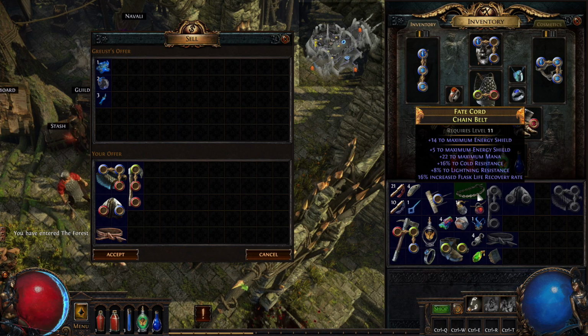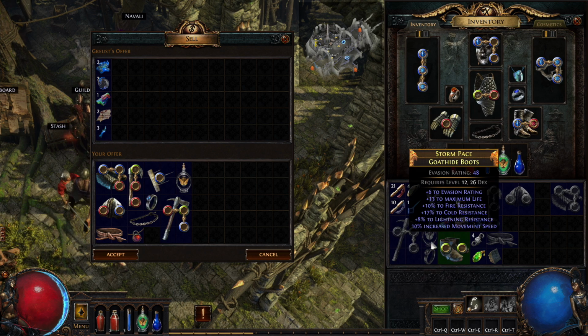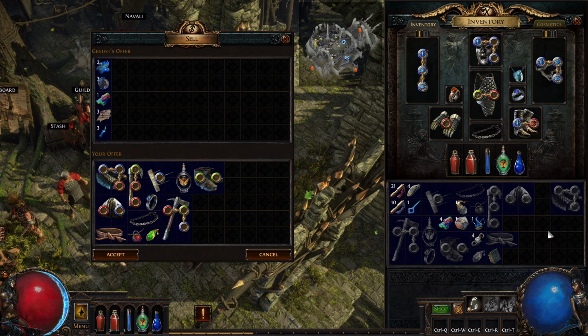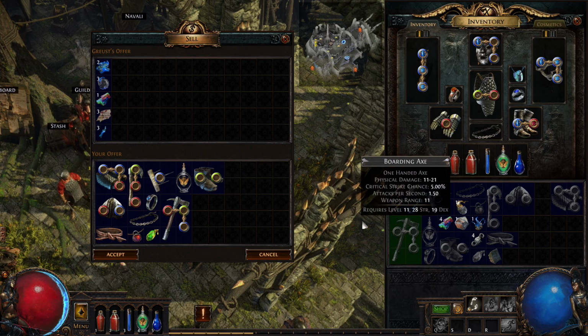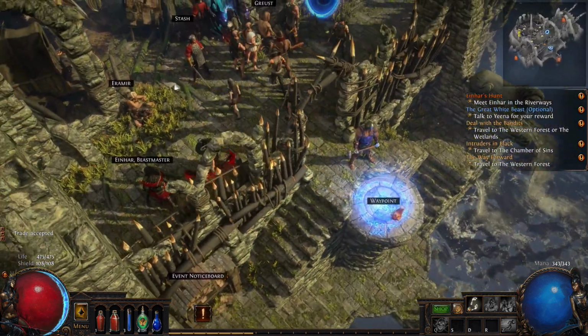Resistance. Oh. Is that a special one? Nope. Just I got that, so that's fine. 10% extra. I'm actually gonna sell this one, and we can keep going. Yep. All right. Let's see what...